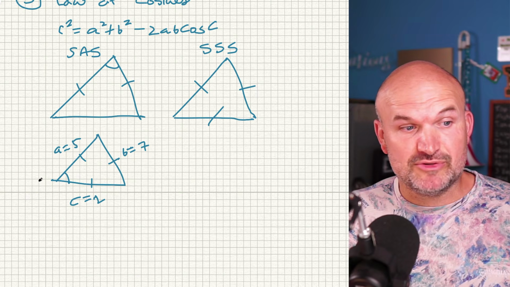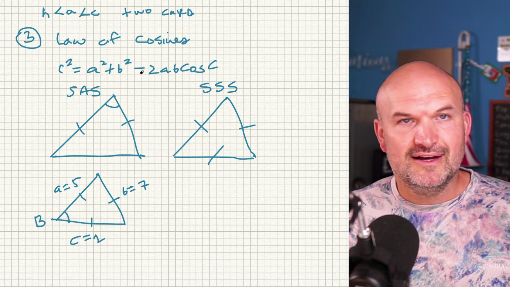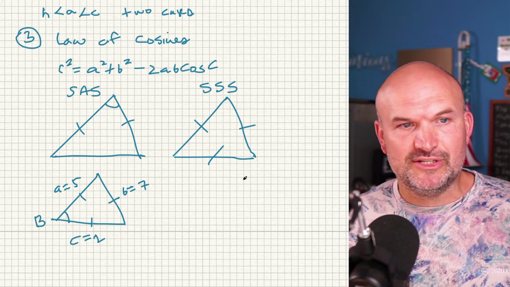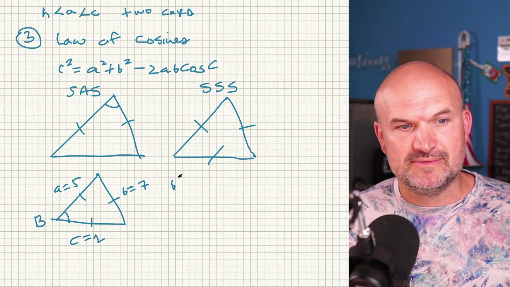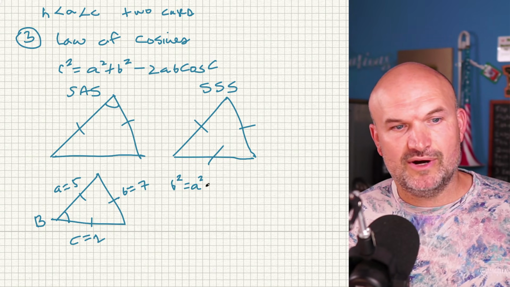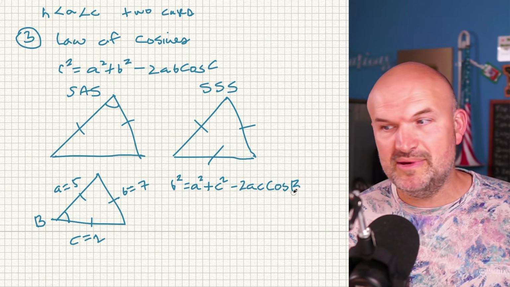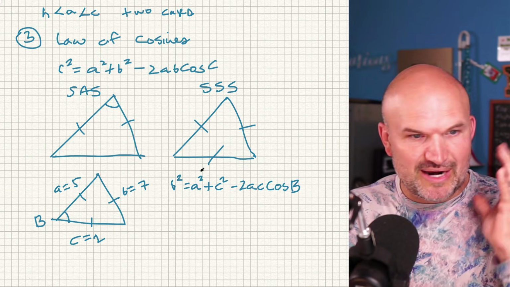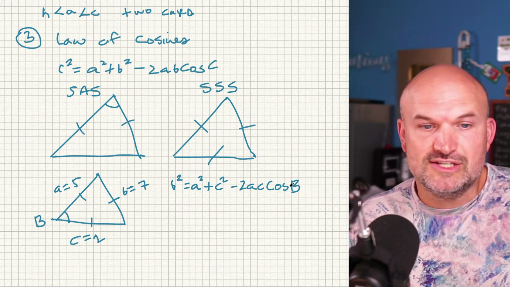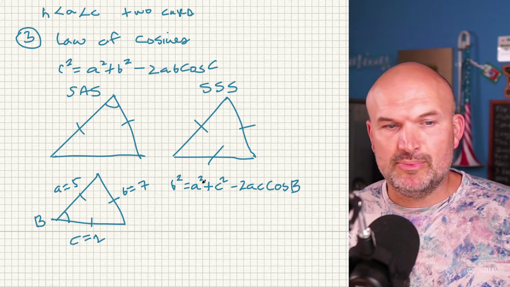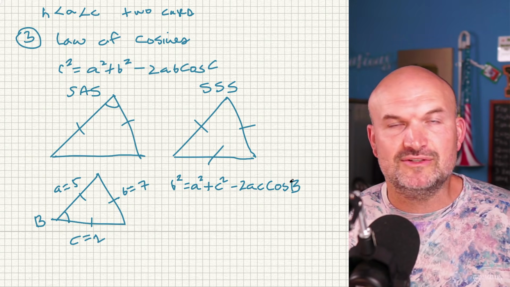So in this example, I'm trying to solve for angle B. Well, what do you do if you only memorize this, right? I have this memorized, but all I simply do is rewrite everything. So now, instead of using C, I'm just going to use B. So I'll do this as B squared equals A squared plus C squared minus 2 times A times C times cosine of B. Do you see how I just flip everything to fit exactly what I need? There is a formula for the law of cosines for solving for your angle B, but I just prefer to use this formula. It's easy to remember, and then I just use the algebra and my calculator to find the missing